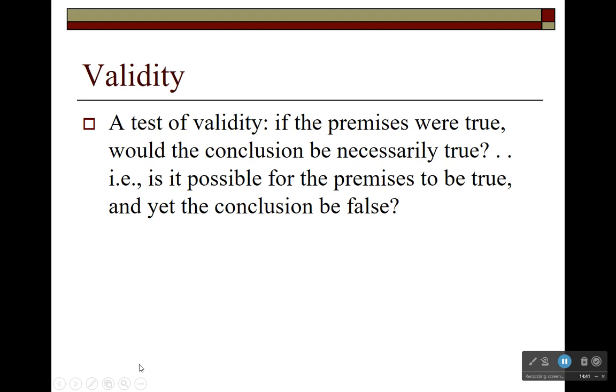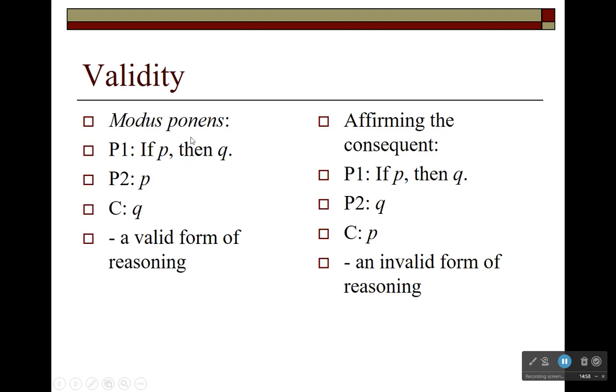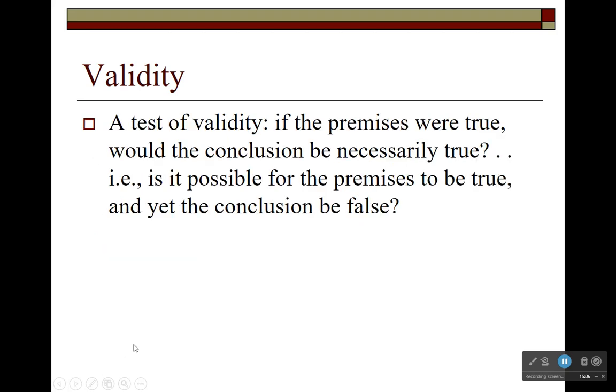So, I said a moment ago that valid means the reasoning is correct. How do you know whether the reasoning is correct? One way that you might know would be to recognize the form of the argument. If the form of the argument is modus ponens, then you know that it's correct reasoning. But you're not going to know the name of every valid form, so there has to be a more general way to know whether the reasoning in an argument is correct reasoning.